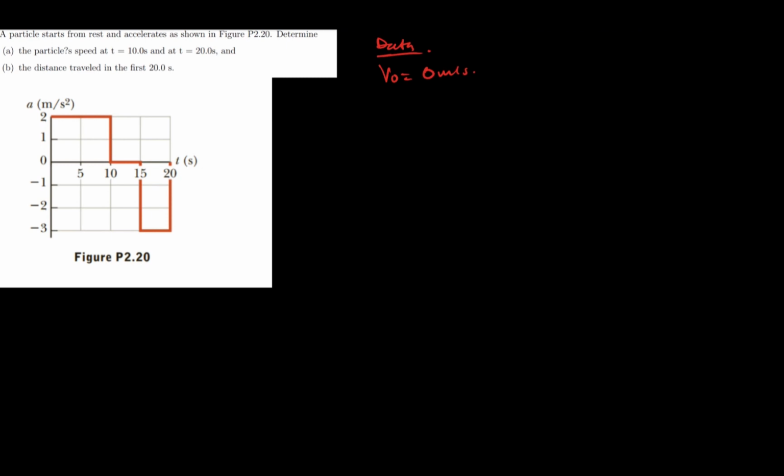A particle starts from rest and accelerates as shown in the figure. So A wants us to determine the particle speed at different time intervals, 10 and 20. There are actually two methods we can use to solve this, but I'll explain the easiest method because I feel like that's one of the things you should